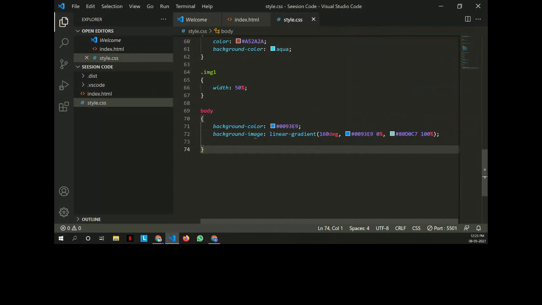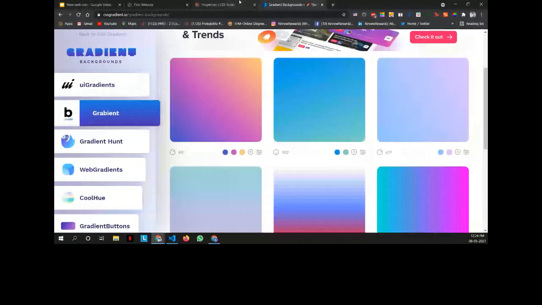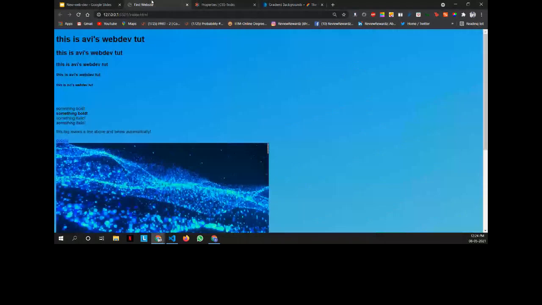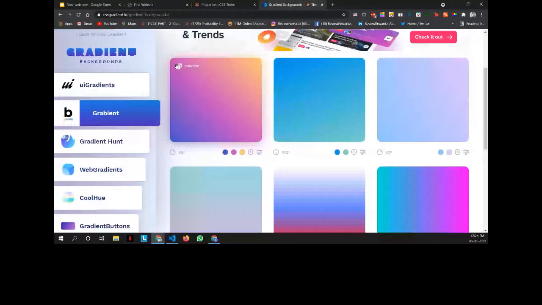It shows you the degree, the amount of degree which has been added, and the percentages of both the colors inside the gradient. So I'll show it to you. As you can see, this gradient was not that good. I'll take some which is visible properly.